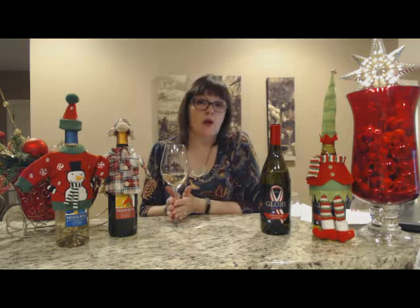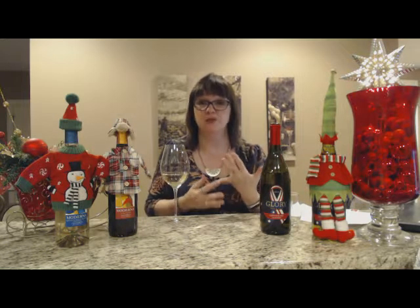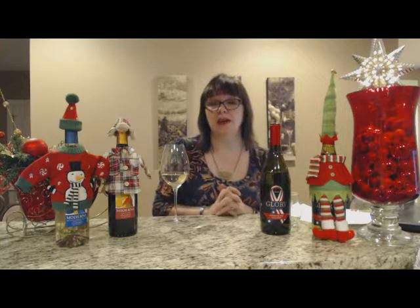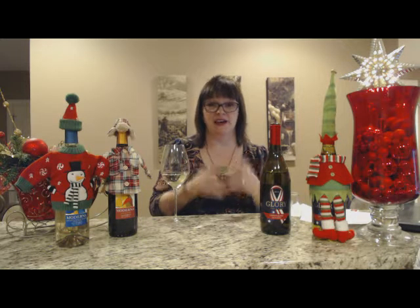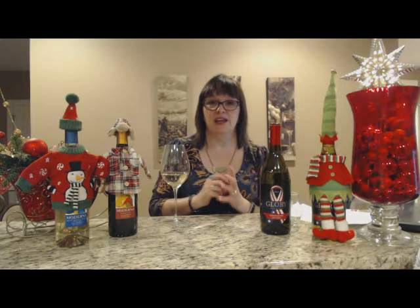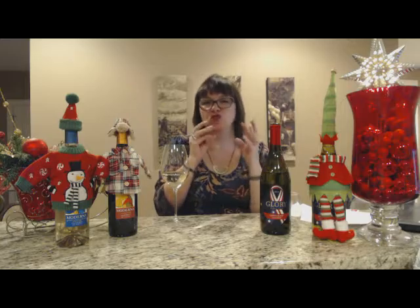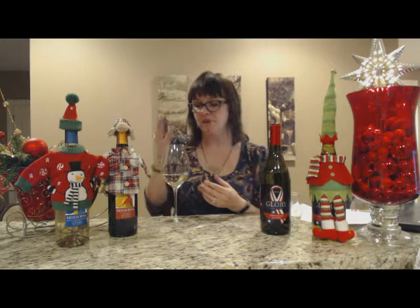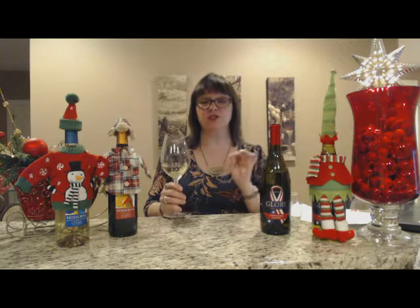I will say this is a dry white, but Chenin Blanc can be made in several styles, like we talked about with the sparkling. It can be made in the still dry, and it can also be made into a sweeter wine, especially a dessert wine that's had noble rot, which is called when it has the botrytis in it, which just kind of sucks the water out of the grape and makes it really concentrated sugars, and so they have delicious dessert wines made from that. So this can be made in many styles. And we also grow it